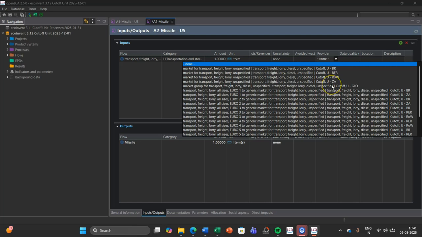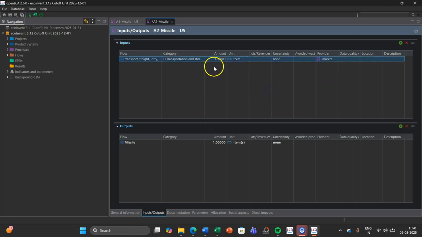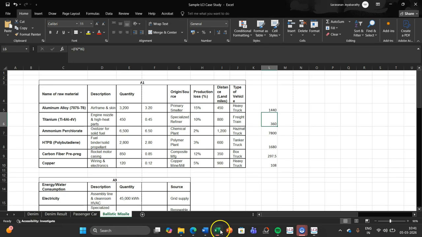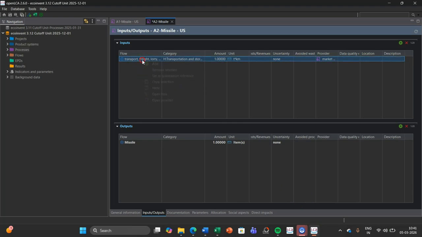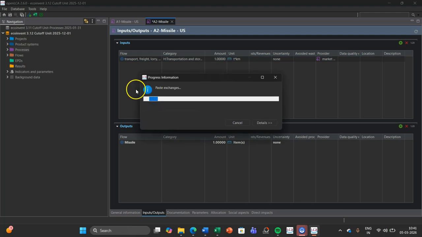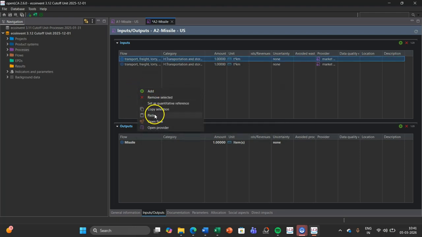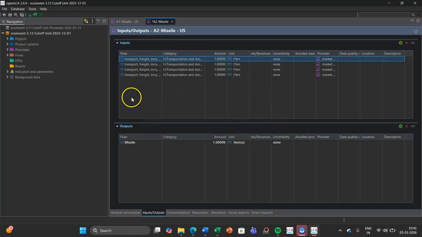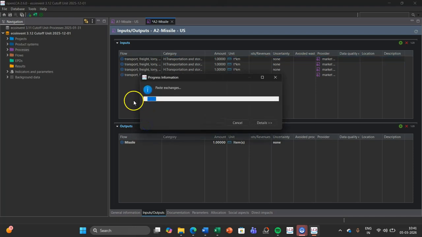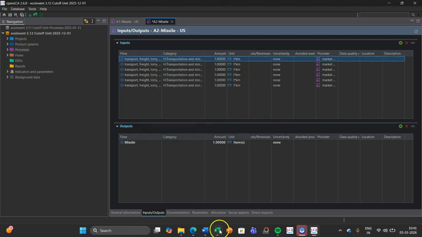so that we can choose global average, right? Ton kilometer value only. How many values? 1, 2, 3, 4, 5, 6 values. So we can copy paste that many times. 3, 4, 5, 6. Okay, now which